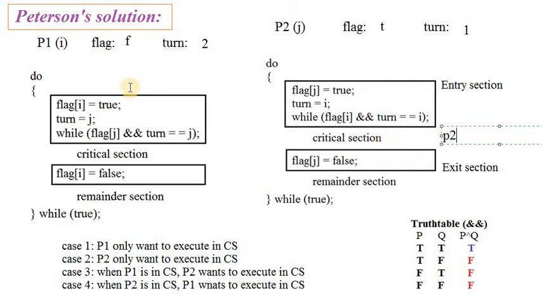Right? Now suppose P1 wants to execute in the critical section, so P1 will try to enter the critical section, but P1 will be restricted in the entry section in this statement only. P1 will be restricted by P2. Why? Because P2 is already there in the critical section, so no other program should enter the critical section when some program is there. So P1 cannot enter and it will continuously try to execute the same while loop because it is continuously getting true in these two conditions.